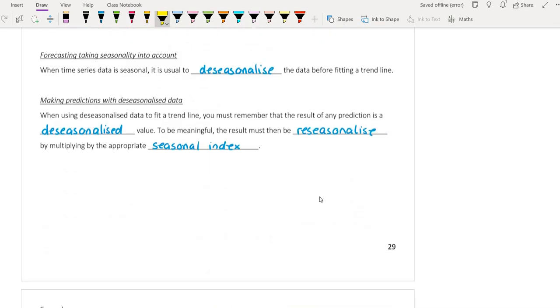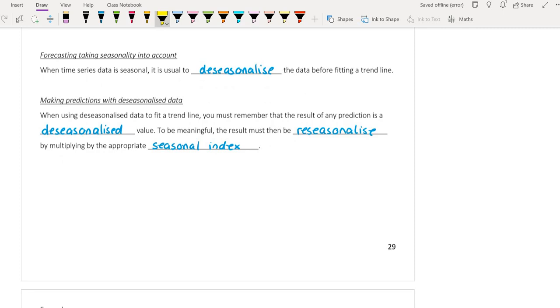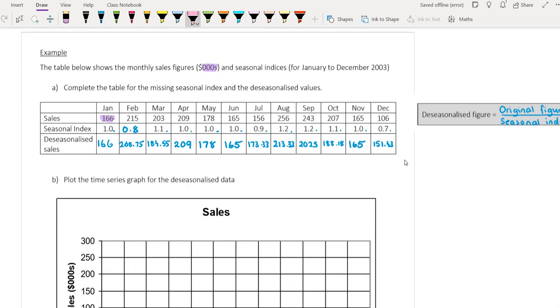Now we are going to just add another step onto this, taking seasonality into account when we're making our predictions. Last lesson we looked at how to deseasonalize data, and if we use deseasonalized data to make predictions, we need to make sure that we turn it back, or a better way of saying it is re-seasonalize the data, before we make our predictions. So looking at an example here,